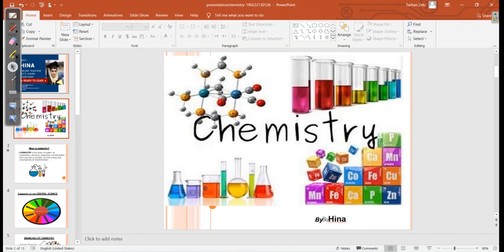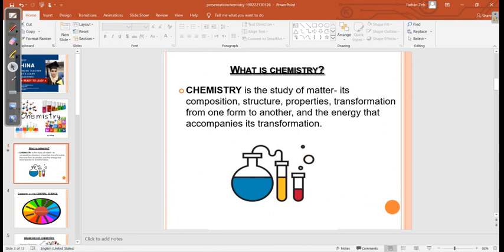Have you ever wondered what makes up the stuff around us? That's chemistry. So, today we are diving into the basics and checking out the cool branches of chemistry. Are you ready to explore with me? Very good. We are only going to touch some basic aspects of chemistry, some branches and its definition, what is chemistry, and which things around us are related to chemistry. We are only going to take an overview of chemistry. So let's start.